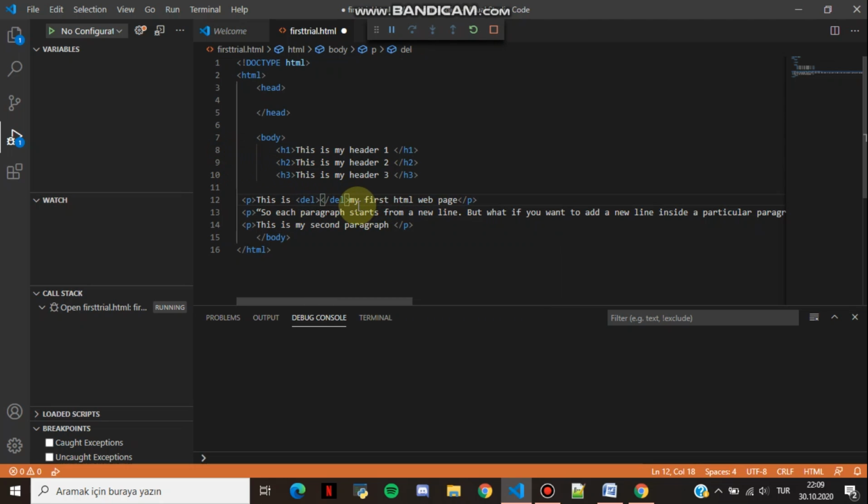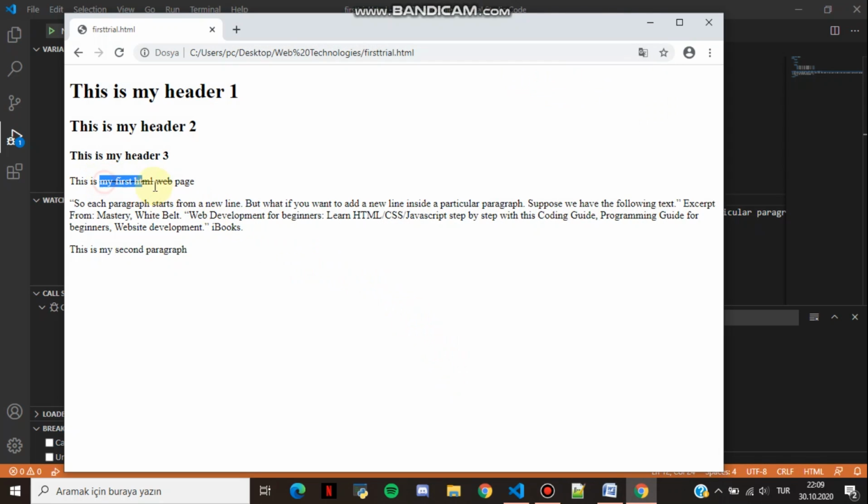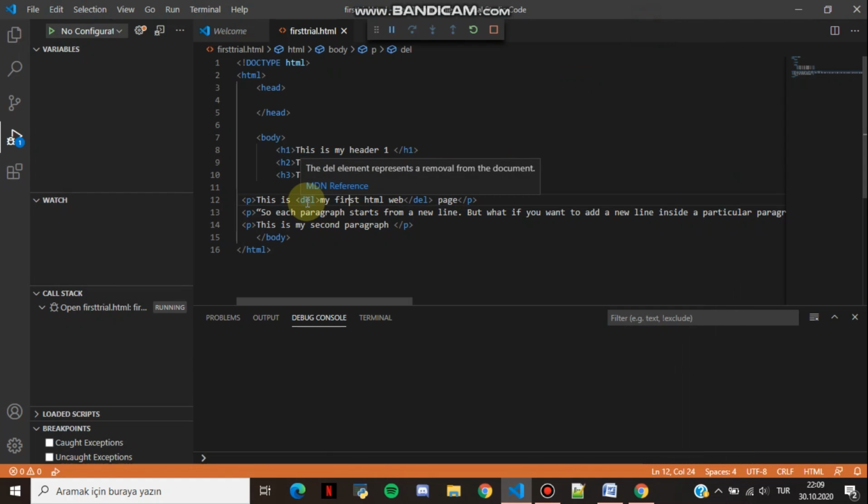We put the tag and put it between the beginning and ending sections and check this. See, we underlined it. We use DEL. And